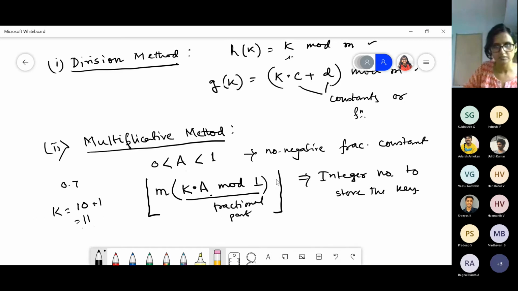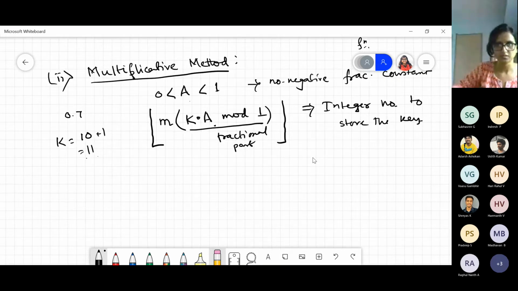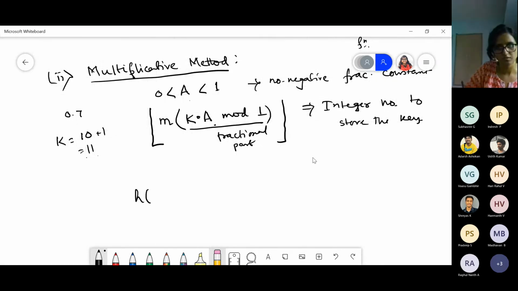This is the multiplicative hash function method. So here we will take h of k equals to m into ka mod 1, the ceiling value.